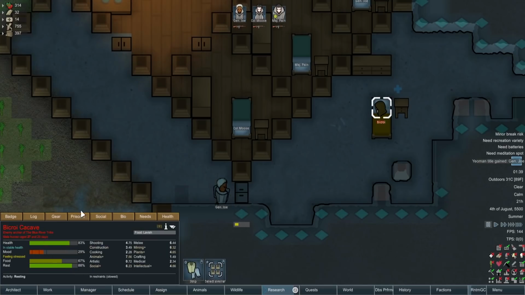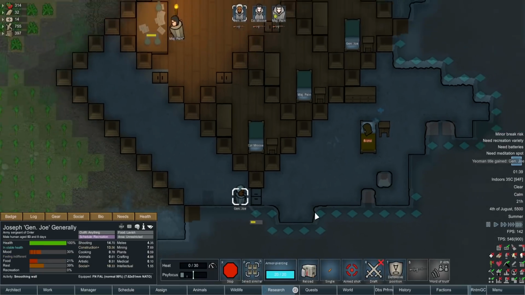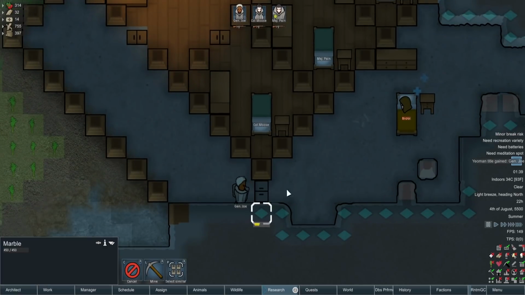Cannot recruit him. Yeah, I thought that's how it worked. Maybe he just had a super high resistance, and I completely ignored that fact. And this is what you're doing for recreation, is it? No. Alright, well, don't blame me. Recreation bar's empty, and he voluntarily chose to read...